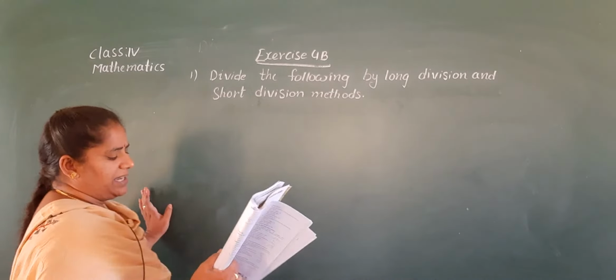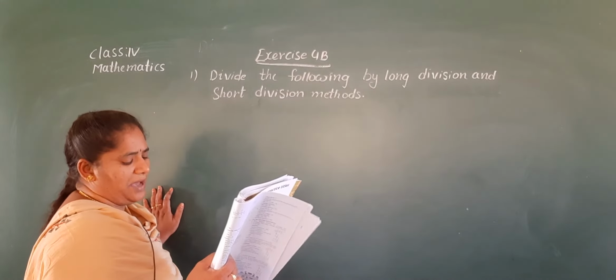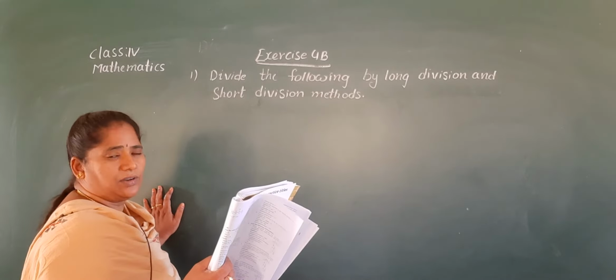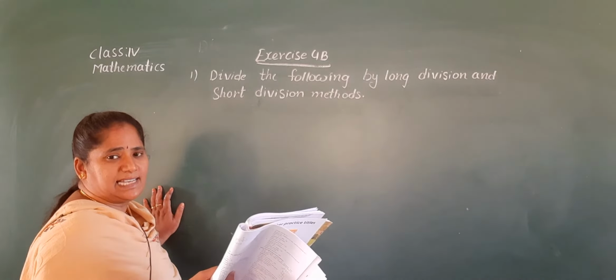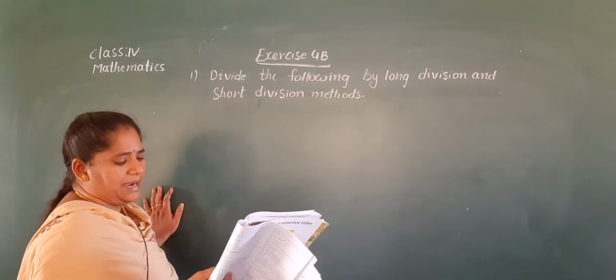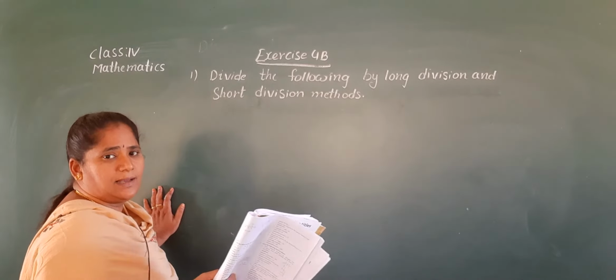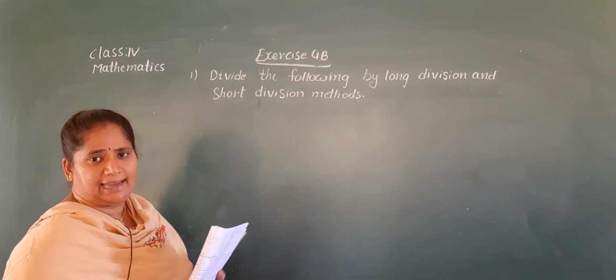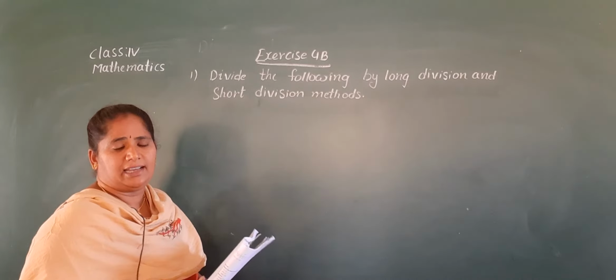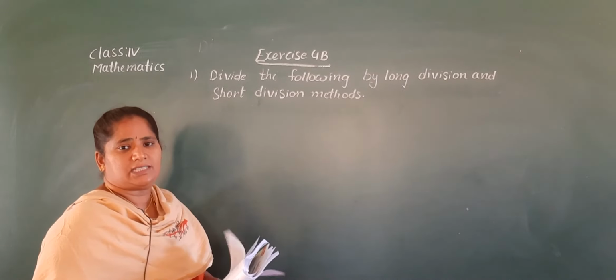So the first one is very easy, Nana, so you can do that one as homework. There's no need to do the division, directly we can say 7 is the quotient and the remainder is 0. Why? Because that number is divided by 10. Okay, 10 sevens are 70. So the quotient is 7, remainder is 0.